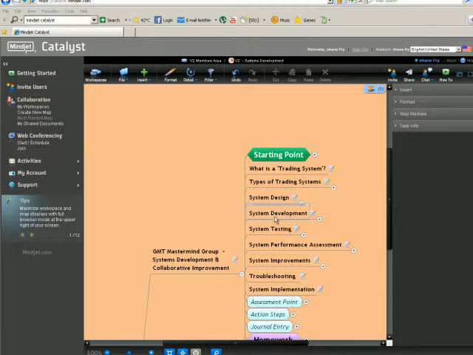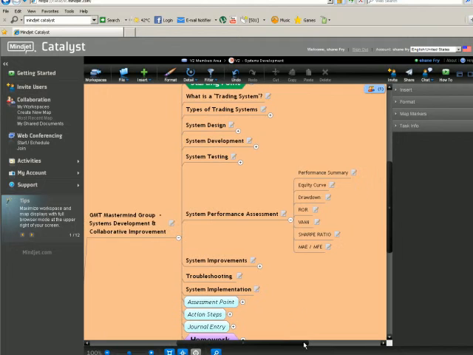We've gone through the hard work of developing the strategy. We've designed the system. We've done the system development. We've tested it. We've live traded it. We've set up the performance assessments, and we're going to set these performance assessments up as a way for us to track each system that we come up with. So, for example, if say Dave, you come up with a system or settings in a strategy that you want to run with, then we'll give you a performance assessment that tracks that, and we'll track it as well. So what we want to do is continually track the performance of the system,